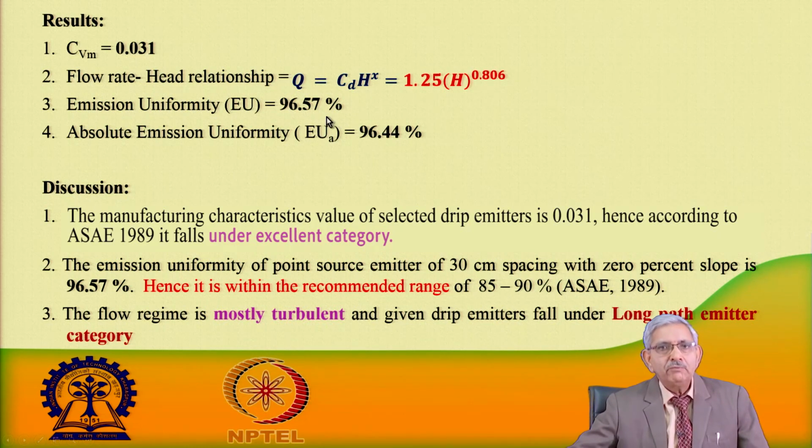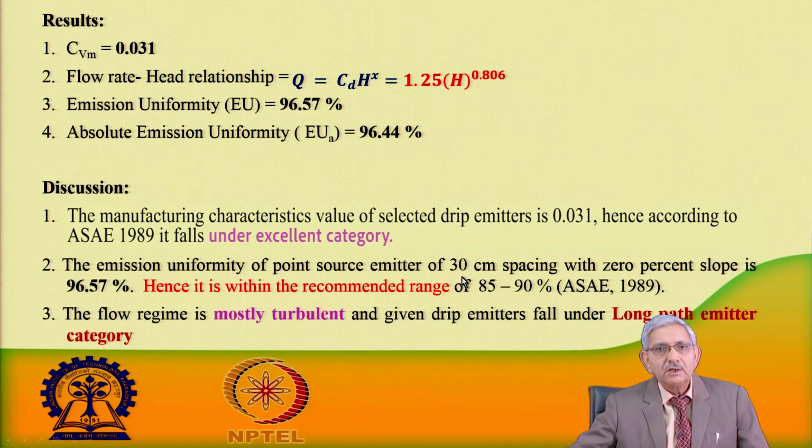Then the emission uniformity: because the emitter is performing under the excellent category, the emission uniformity is of very high order, that is 96.57%, and the absolute emission uniformity is 96.44%. If we look at the American Society of Agricultural Engineers 1989 recommendations, they say the emission uniformity of